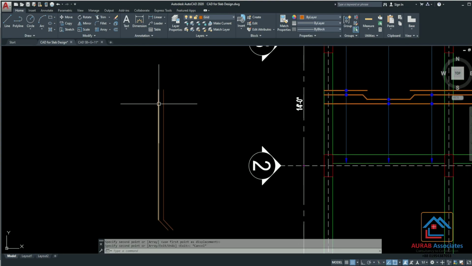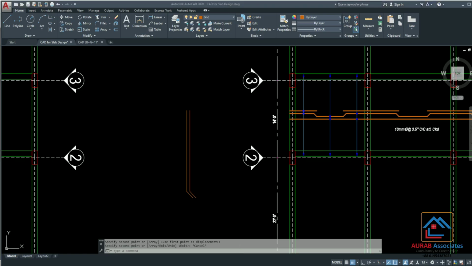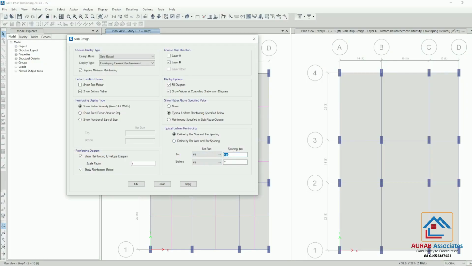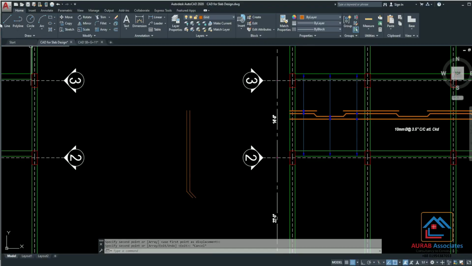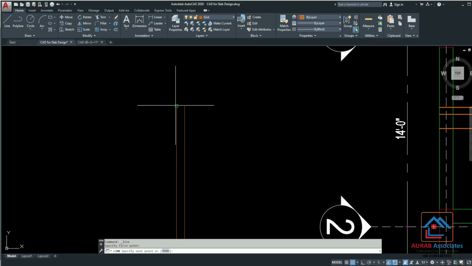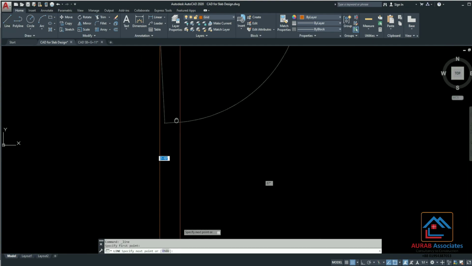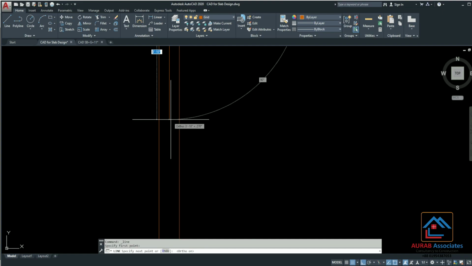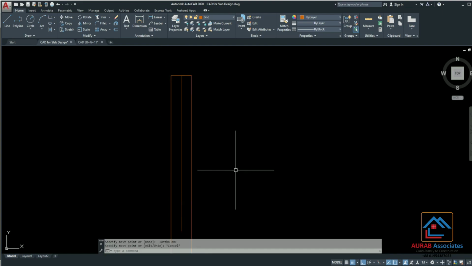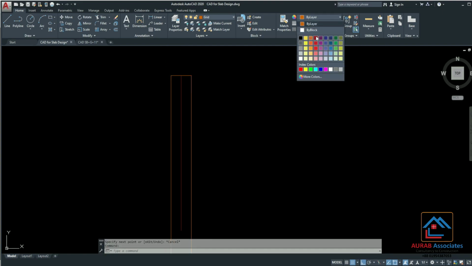Now, the design requirement is 4.5, which is not sufficient. So we have to provide a top rebar. Here this is known as extra top rebar. Okay, so this is the color.